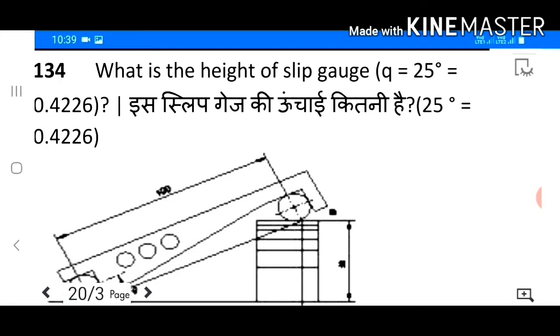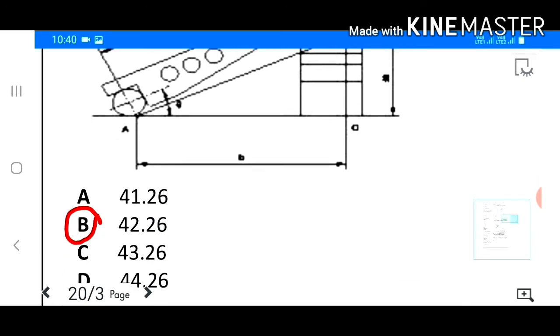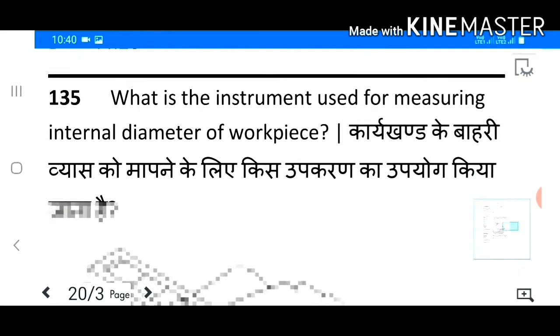What is the height of slip gauge if sin 25 degree is equal to 0.4226? Answer B. 42.26.